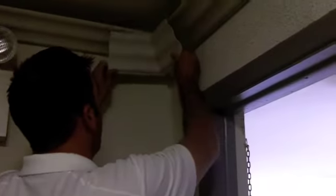So I go ahead and I clip the top in and try to push this down, which is still quite difficult to do even with those screws backed out, because the molding has a tendency to want to push back to the wall. So I'm pushing, trying to click, and with that, my first tab